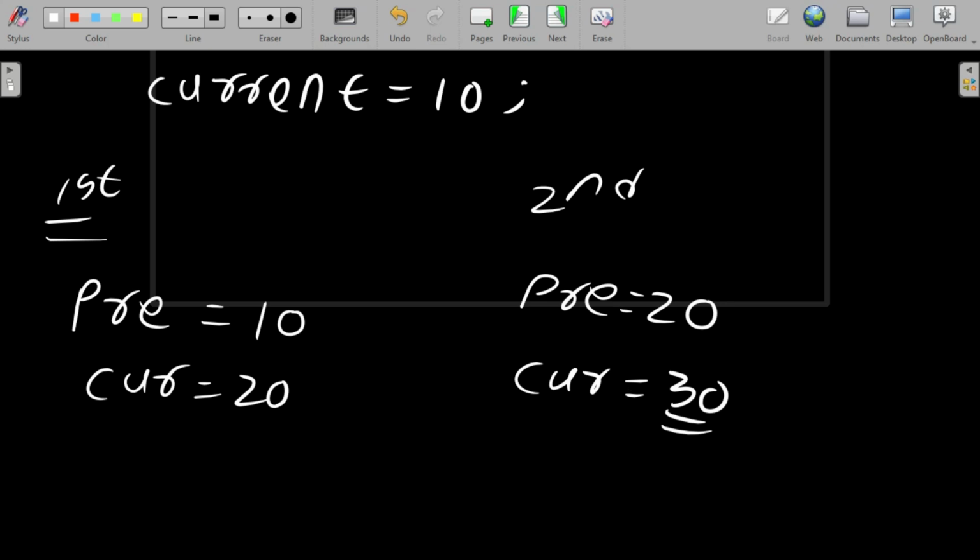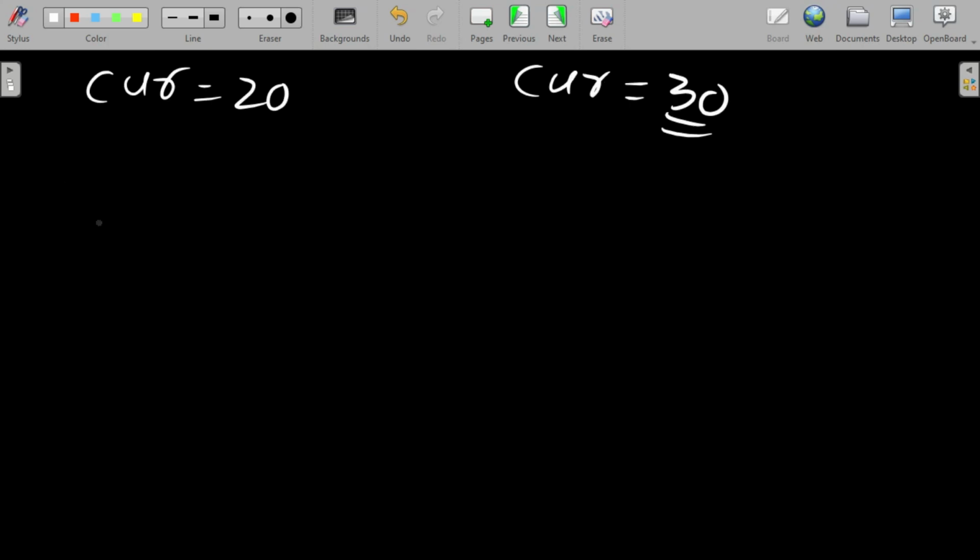Now we need to disconnect the last node. For that, we need to write previous